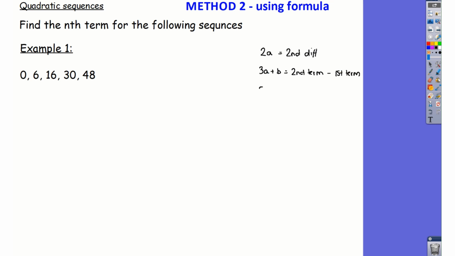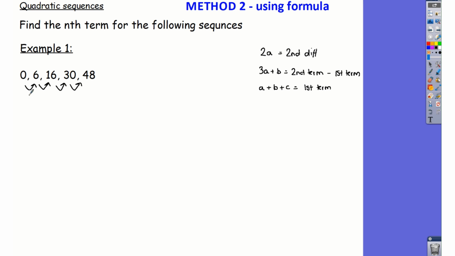And I know that a add b add c is equal to the first term. As I said previously, anybody who would like to understand the proof behind this, then please let me know and I will create you a separate video on that. So the first thing I'm going to do, I've already done this on the previous example, is first difference,